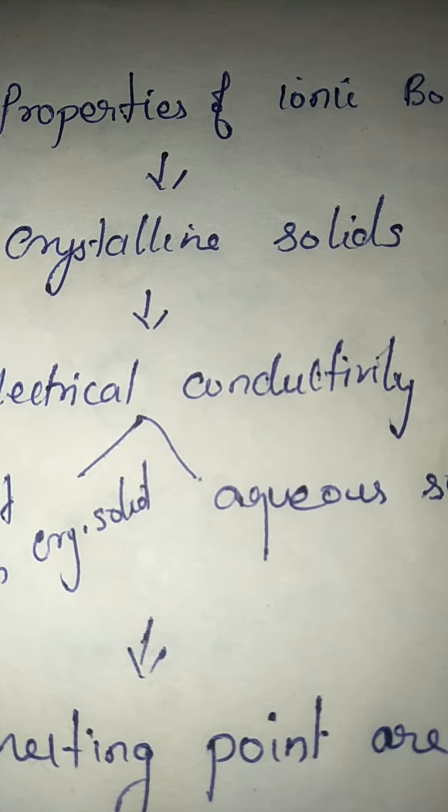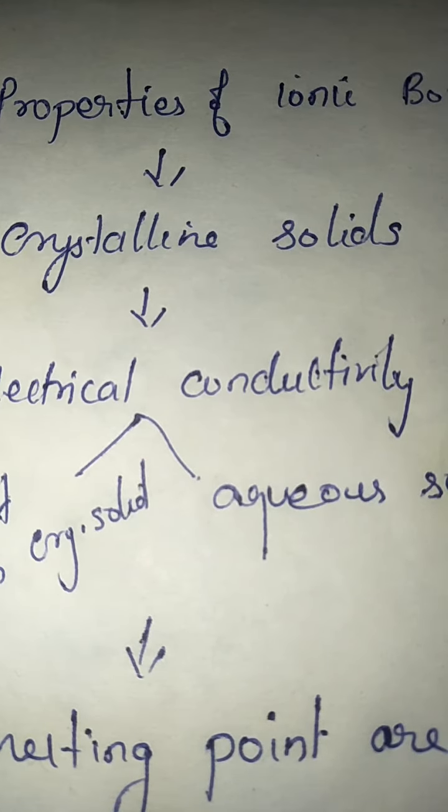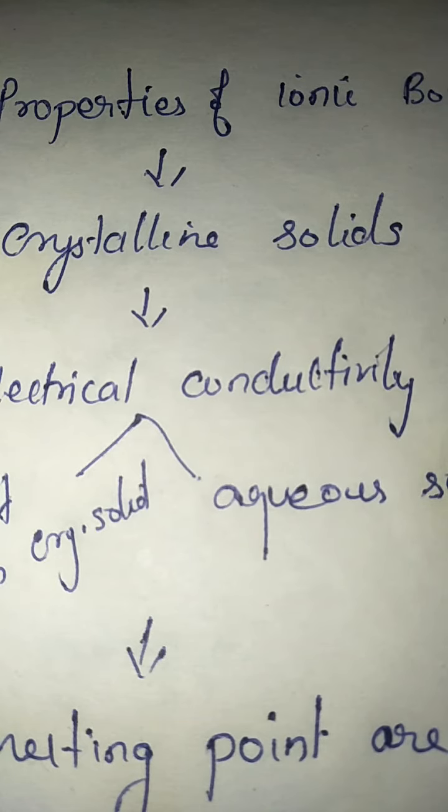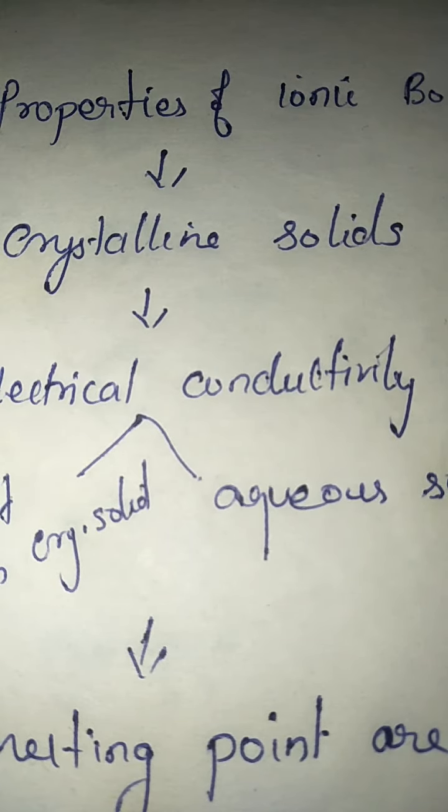Comparing the three types of bond, which one is the strongest? Ionic bond is the strongest of the three. Next one, covalent bond, and the last one, coordinate covalent bond. The first property: since they have a strong electrostatic force, that is, the positive and negative attraction is more,